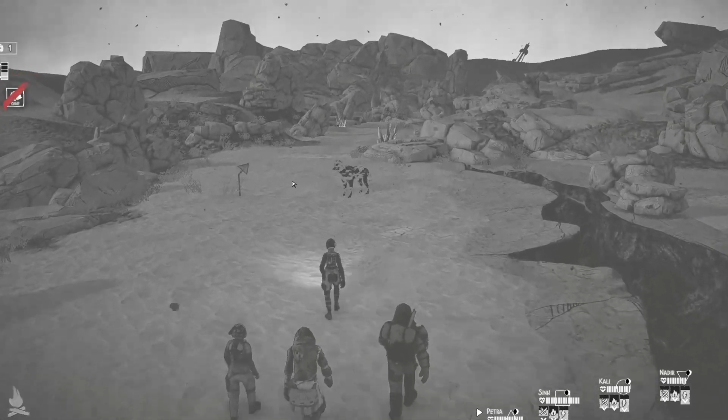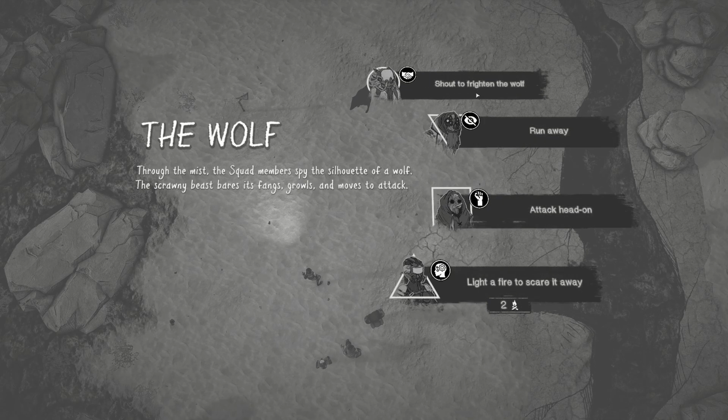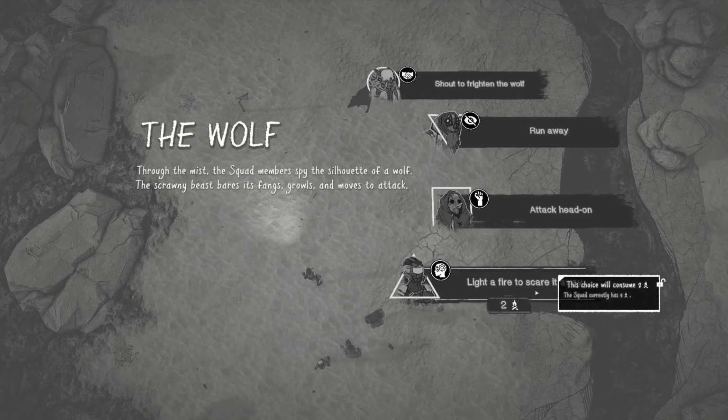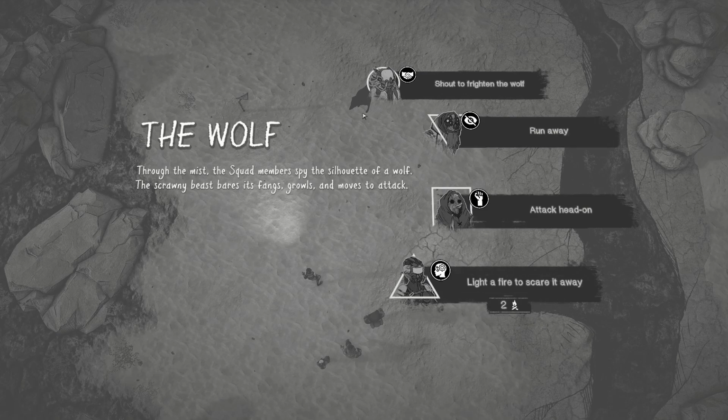Little crevice. Uh-oh. The wolf. Through the mist, the squad members spy the silhouette of a wolf. The scrawny beast bares its fangs, growls, and moves to attack. We should shout to frighten the wolf, run away, attack head on, or light a fire to scare it away. That's going to cost us two wood, but I think that might be the best choice out of the other three choices. We could run away too, or shout to frighten them, but let's light a fire and try to